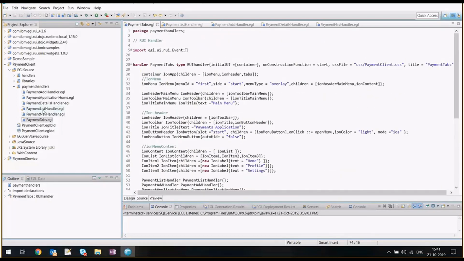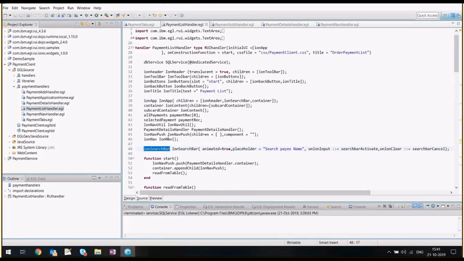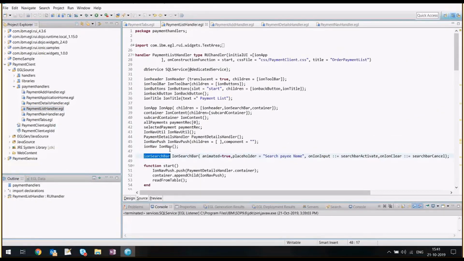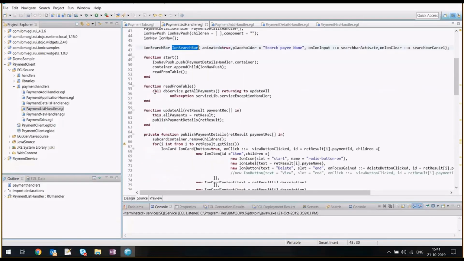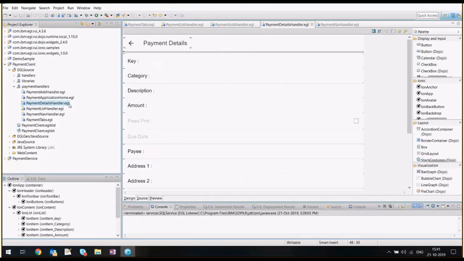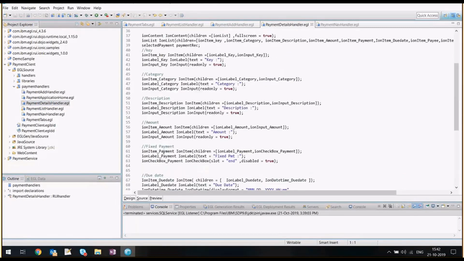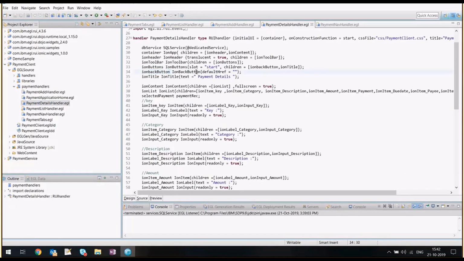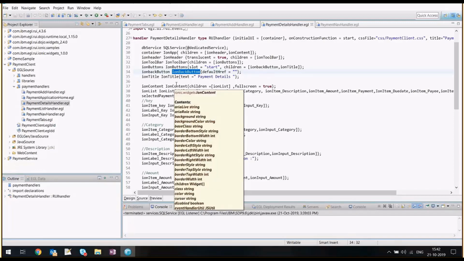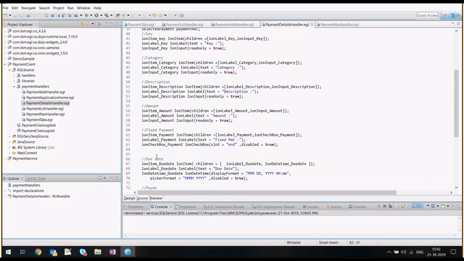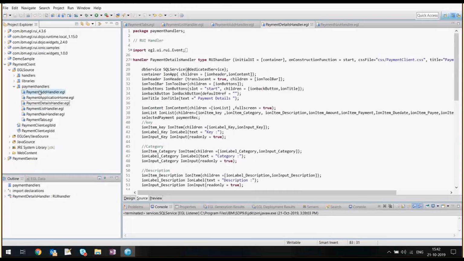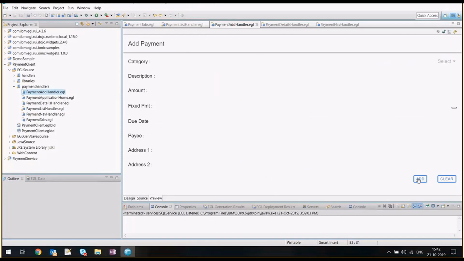Then we have a list handler here, and in the list handler, we do have an ion search bar, and we have ion content, which contains the ion cards and the details of each of the payments over here. Then we have the details handler. In the details handler, we do have the ion back button, which is used to navigate back to the parent page, and the details are all in read mode only. Then we have the add handler, which contains the add and the clear